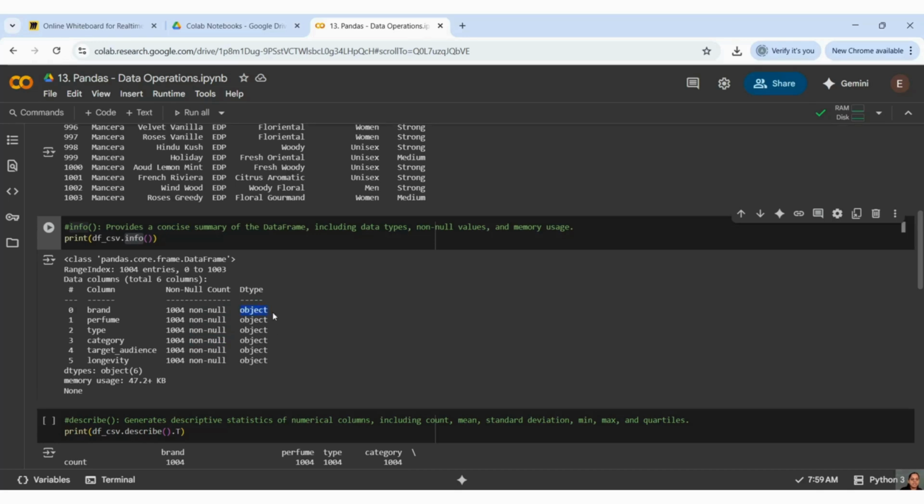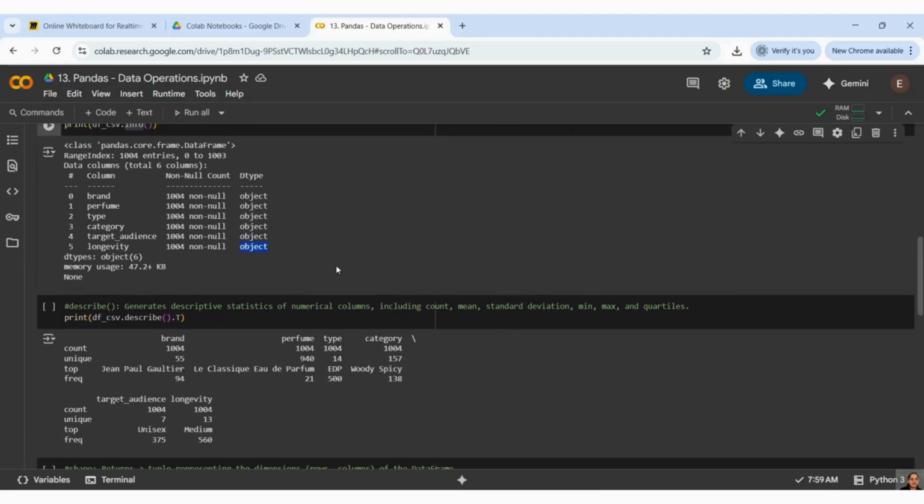And these are the dtypes. Like I already said, all these things are string type. String type by default is considered as object. So whenever you see object in your data set, those are nothing but string type, correct? And it is telling me the memory usage. And it is giving me the list of a total of 6 object types, right?